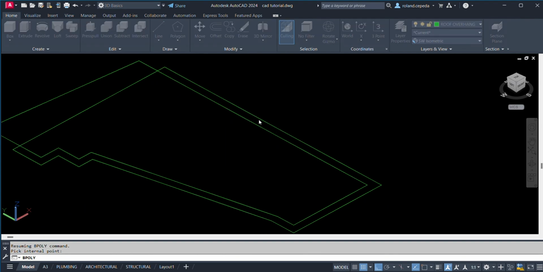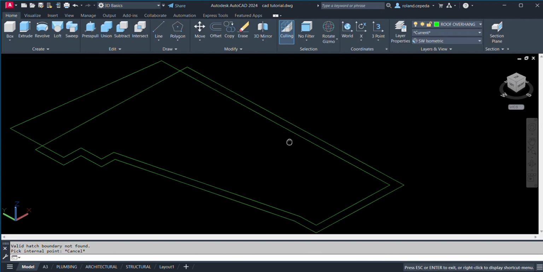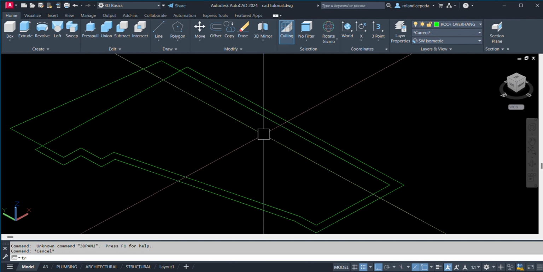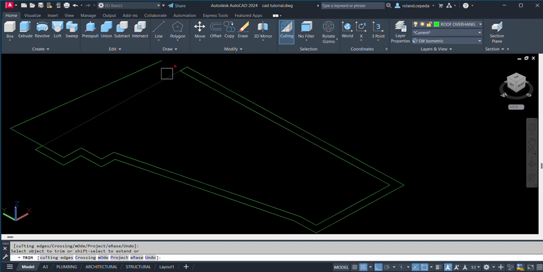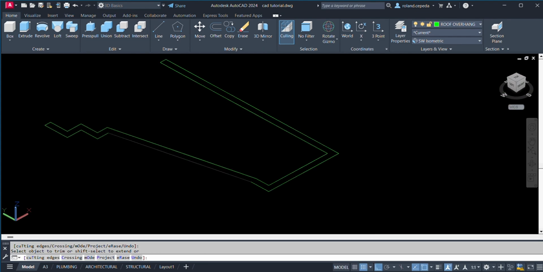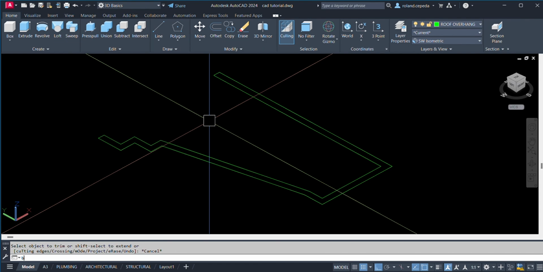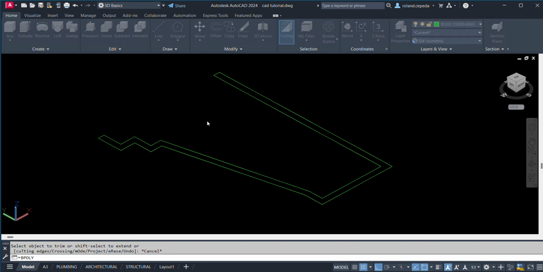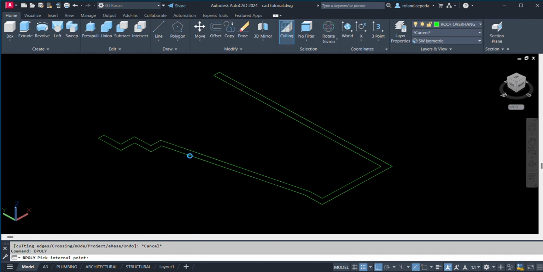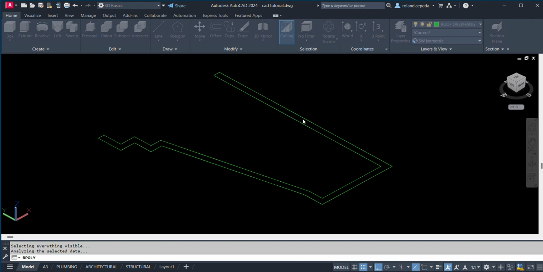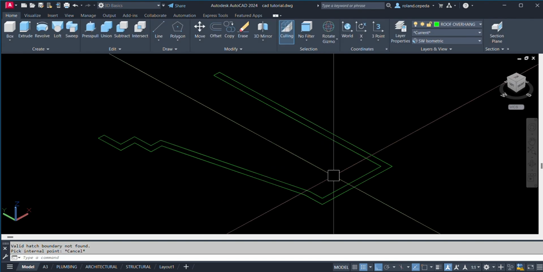Let us zoom a little bit. Let us just trim this first. Okay. B-poly. A closed boundary cannot be determined.